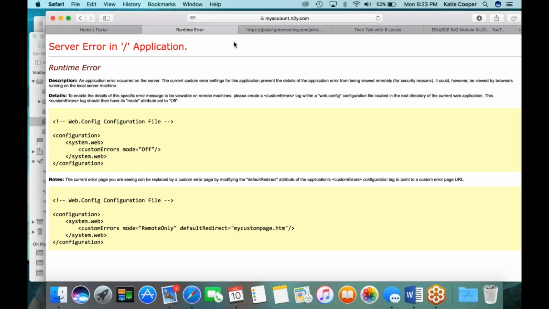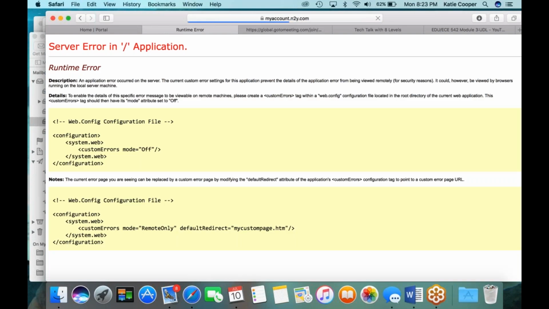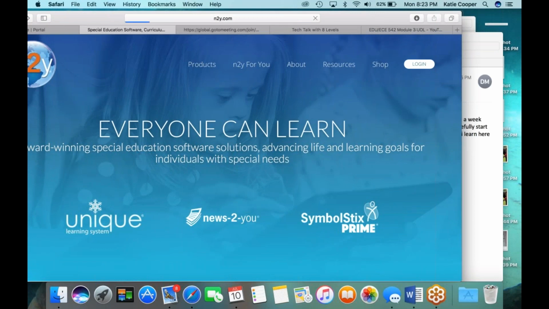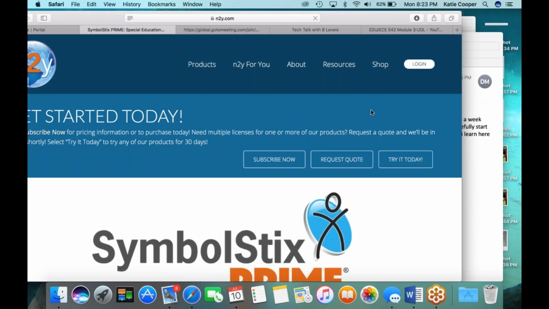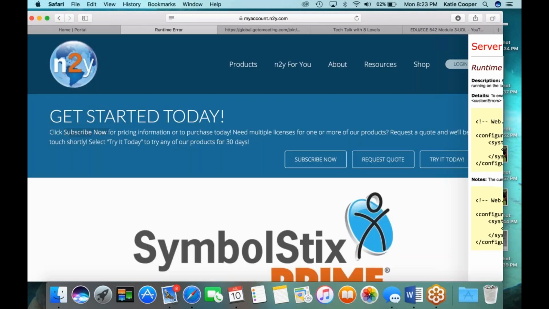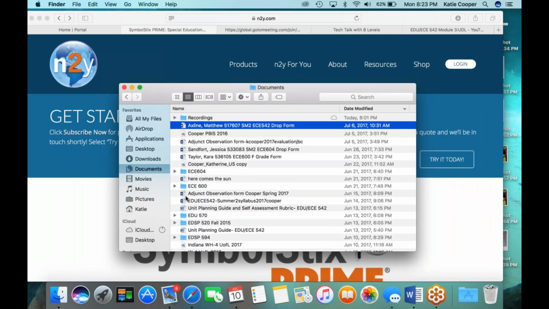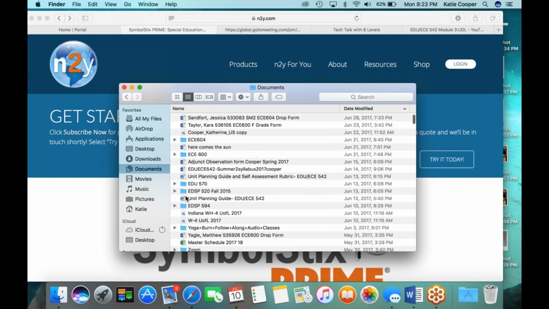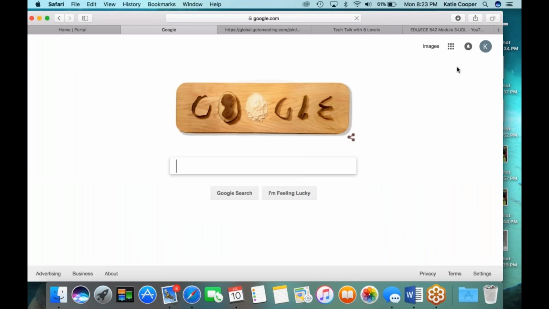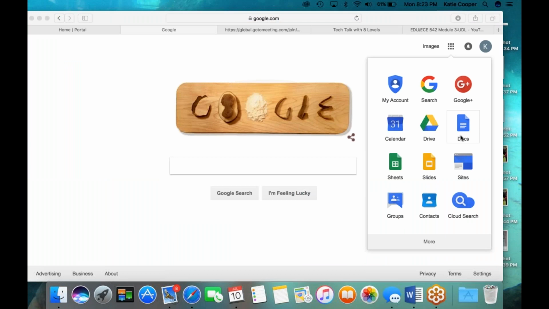Uh-oh, don't do this to me. Let me see if I click on SymbolStix Prime, if it'll log in. Let me pull something up that I can show you. Shoot. Everything is cloud-based now, so